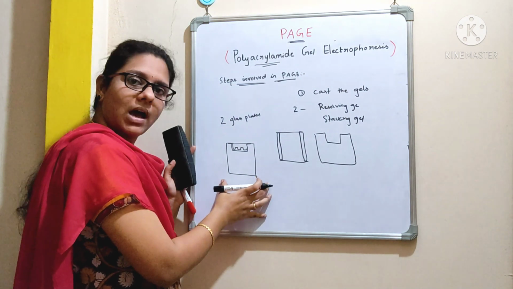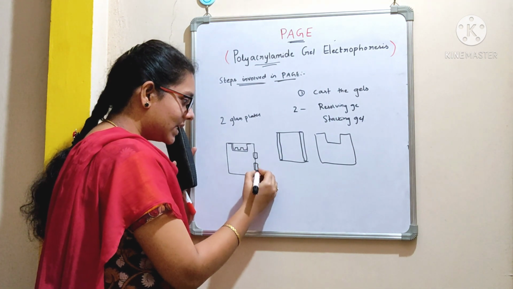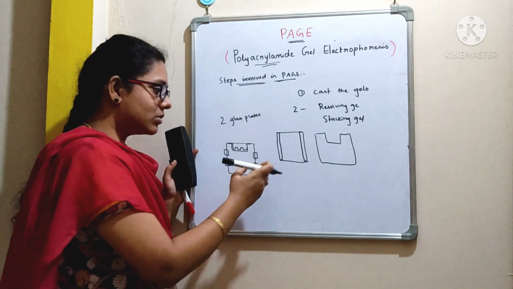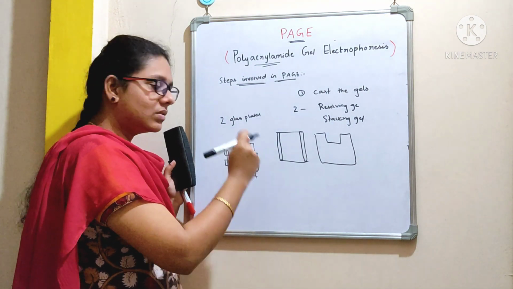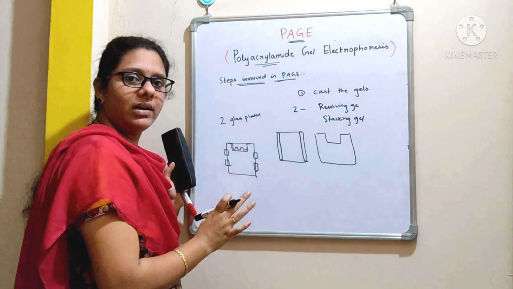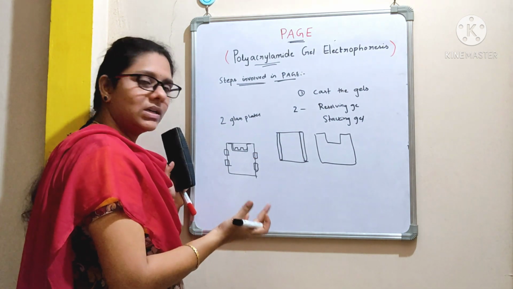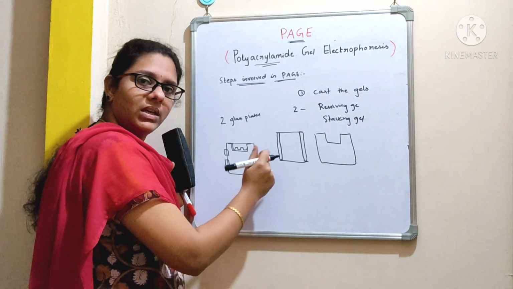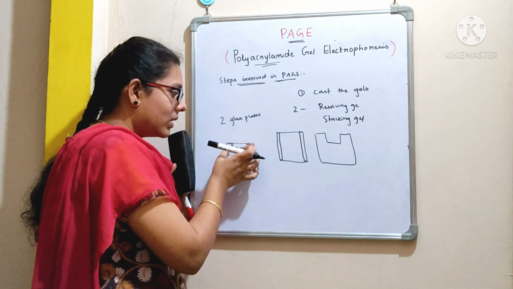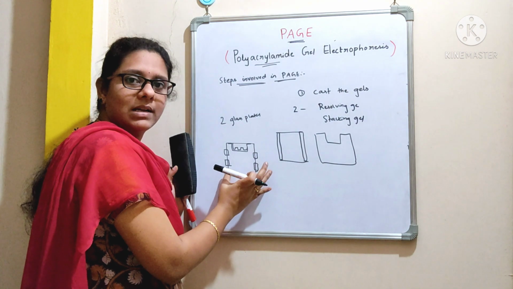This is how you set up the plates, and then at the edges you place paper clips, or you can use some clips to hold the plates tightly. This is done to avoid leakage of the solution. Once it gets solidified, it's not a problem, but before it solidifies, any leakage will be a waste of the solution. To avoid that, we need to hold it tightly, and you are supposed to place a comb over the top of this notched plate that will be inserted in between these two glass plates.